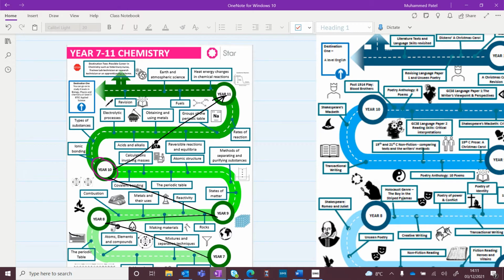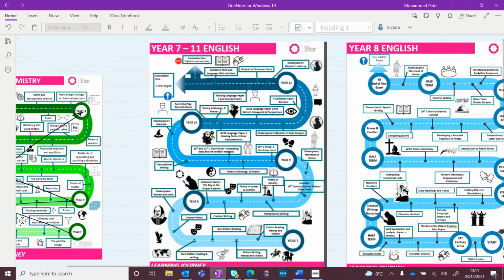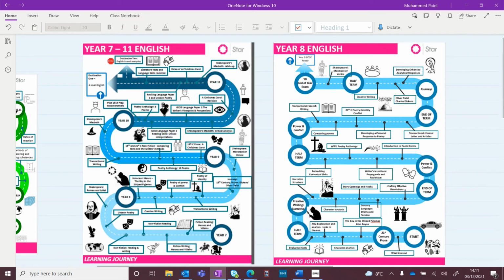So it gives you a chance to have discussion, as well as some form of update about exactly where your son is and what learning is going on in the classroom. So again, like I said, this is just another visual of showing you what he's studying. So we come to the end of term in December. Then when we start the new term in January, you can see that he'll be looking at the power and conflict poetry, that's what we're focusing on from January all the way to